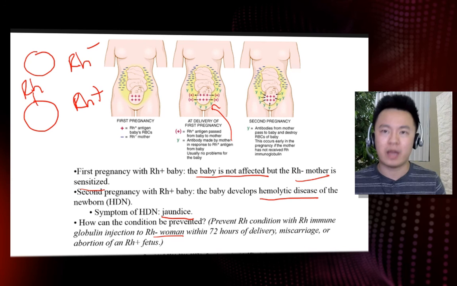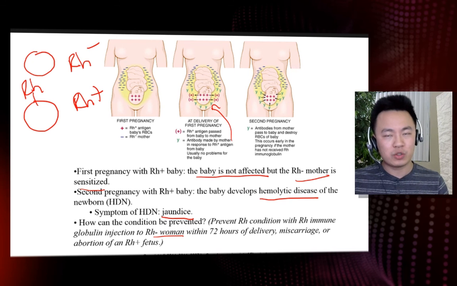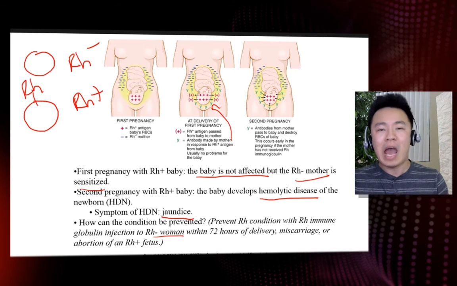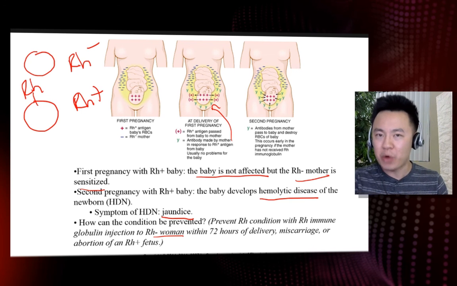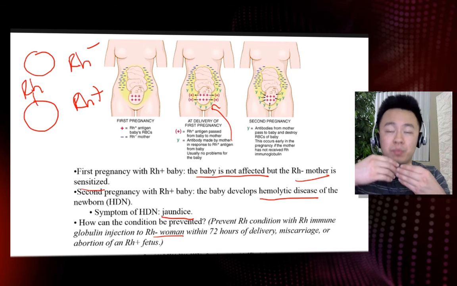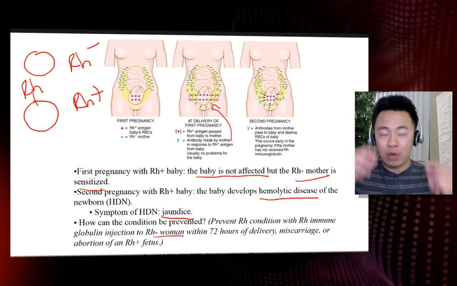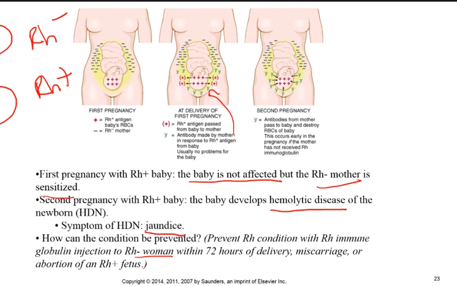Here's the reason why. In the uterus, there is a barrier between the placenta and the baby. The only things that cross through are the nutrients and the oxygen that the mother provides for the baby. However, within 72 hours of giving birth, there are little micro tears in the placenta because the mother is preparing to give birth. There's a lot of force and a lot of action going on there, so some of the mother's blood might leak through, and white blood cells are going to come along with it and start to fight off that particular entity.